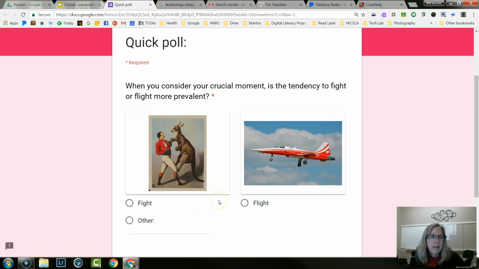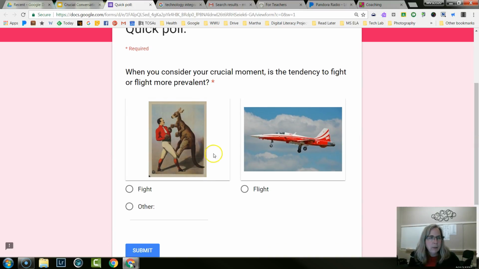So just thinking about this, being able to add an image, you could obviously add colors, pictures of different things, diagrams, all kinds of things like that could be used for a multiple choice question. You could add different ways to solve a problem, so many different things that you could do. So it just really opens up a lot of different worlds for how you can use Google Forms. And I'm going to show you how to do that. But I wanted to show you one other thing. So I'm going to quickly answer this poll here and